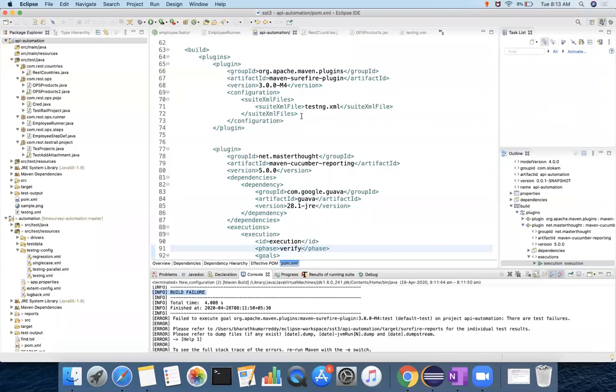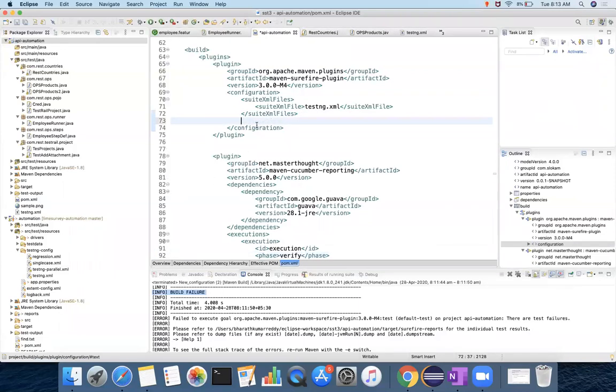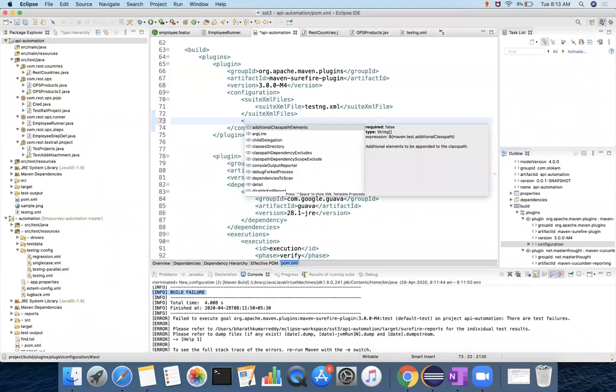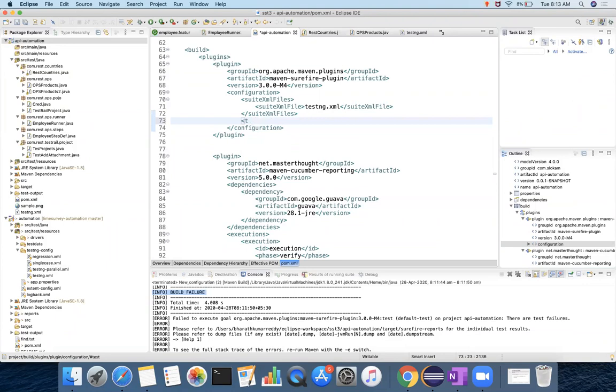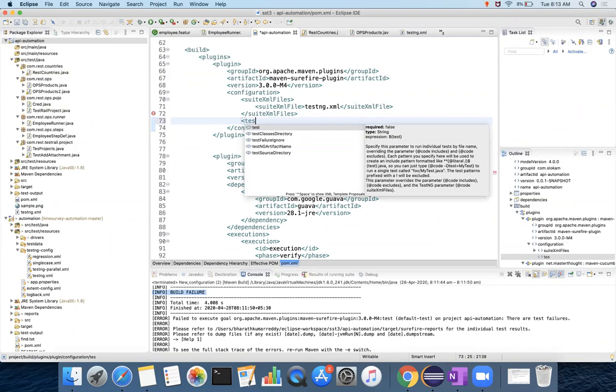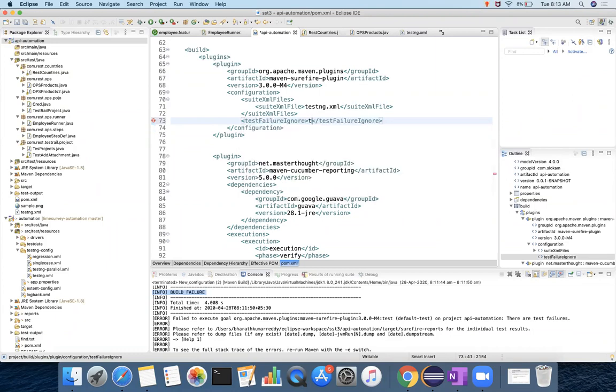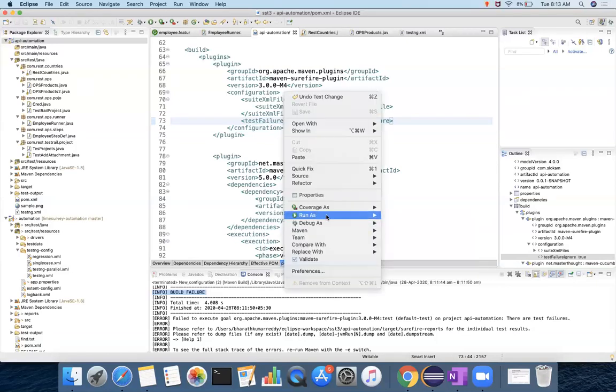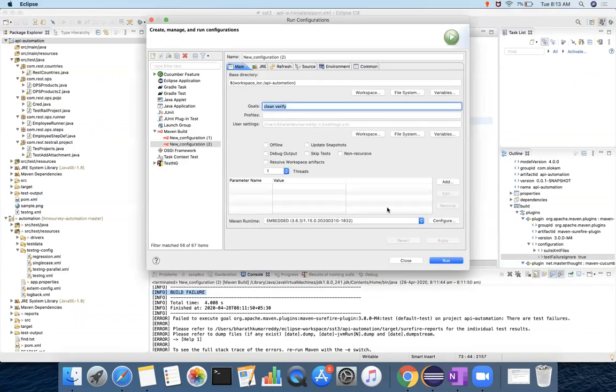That configuration can be added in the configuration section, like testFailureIgnore. If you provide true, that means test case failures will be ignored. Now I run this scenario, run as, run configurations, clean verify.